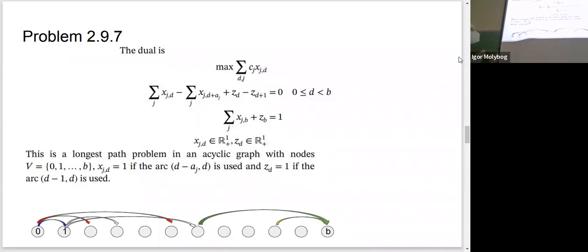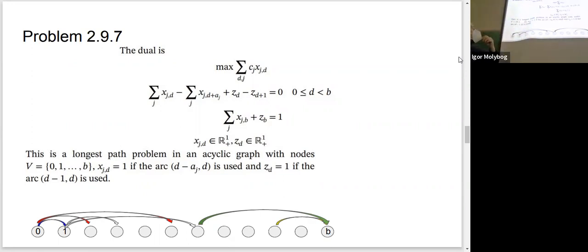Basically, as we get more and more items in our backpack, we can imagine that we are jumping into a new node. We start from node 0, and then, for example, we have taken the first item that weighs 2, like the value of 2. Then we have jumped into node 2 right away from 0. And our aim is to end up in node B by maximizing the total weight of all arcs that we have gone over. This is in fact the interpretation of the